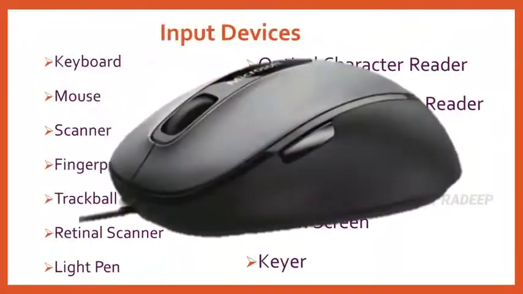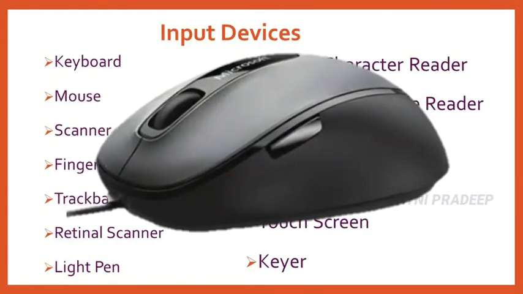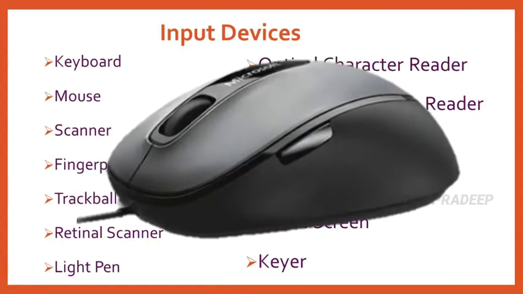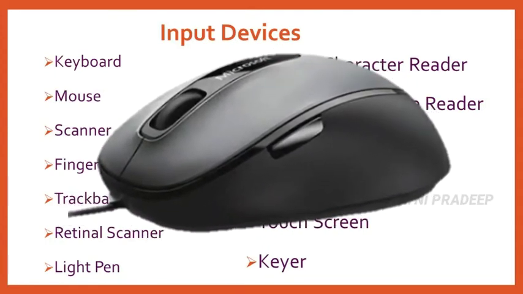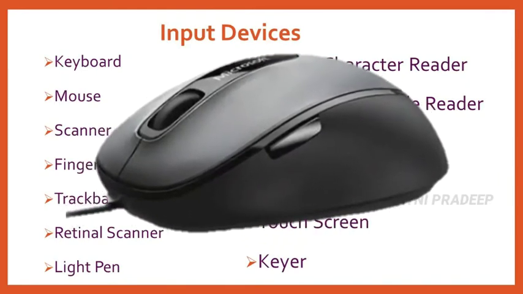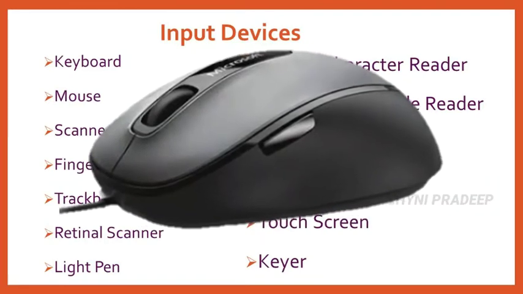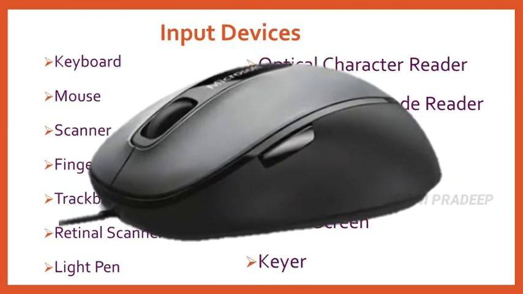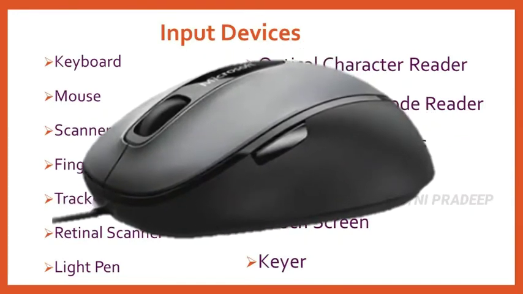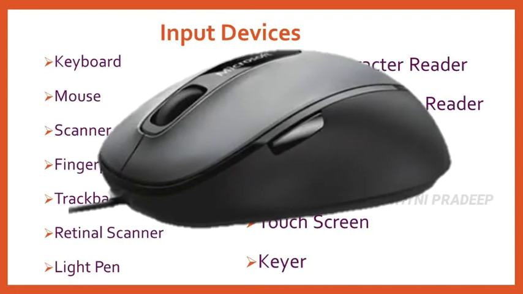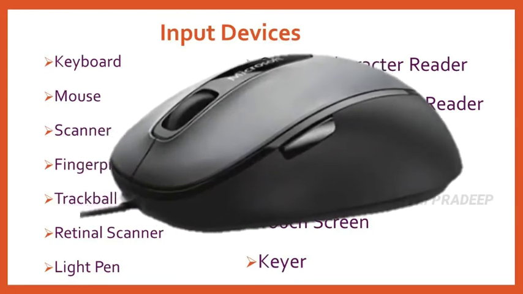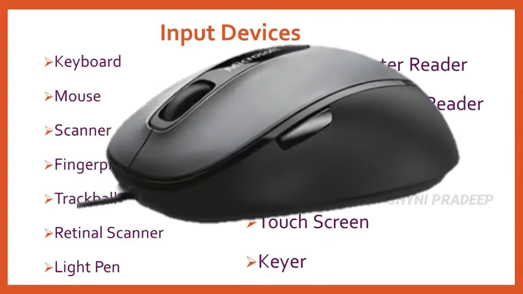And the next input device is mouse. It is a pointing device used to control the movement of the cursor on the display screen. It can be used to select icons, menus, command buttons and so on. You can use mouse for click, move, double click, right click, drag and drop. Okay. There are different types of mouse available. What are they? Mechanical mouse, optical and laser mouse, air mouse, 3D mouse, tactile mouse, ergonomic mouse, gaming mouse.